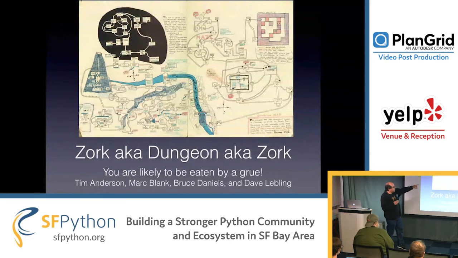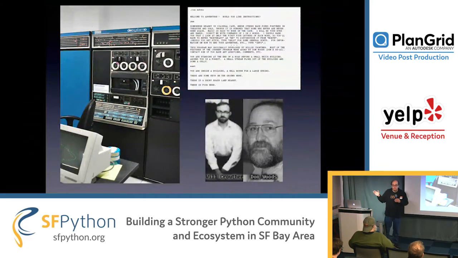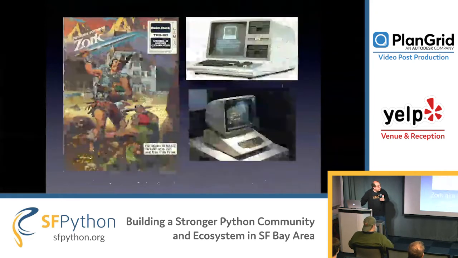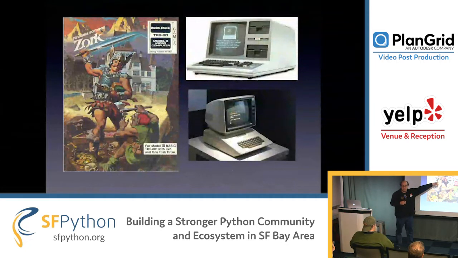Now this is mainframe Zork. It had a lot of different puzzles, a lot of real estate, but something else started happening around 1978. If you look at this picture, a PDP-10 is about the size of 4 or 5 refrigerators. But in 1978, these machines started showing up that are the size of a terminal. And they said, well, wait a minute, why don't we see if we can get this Zork program running on one of these machines?